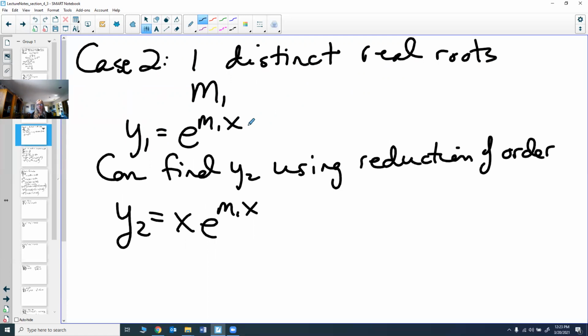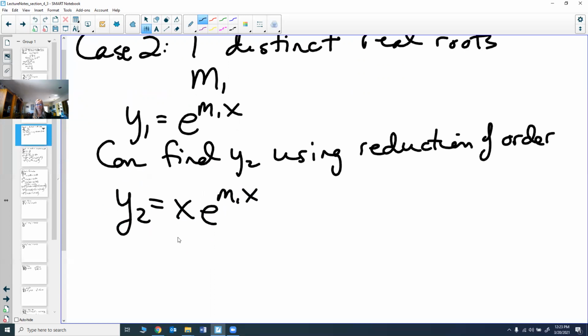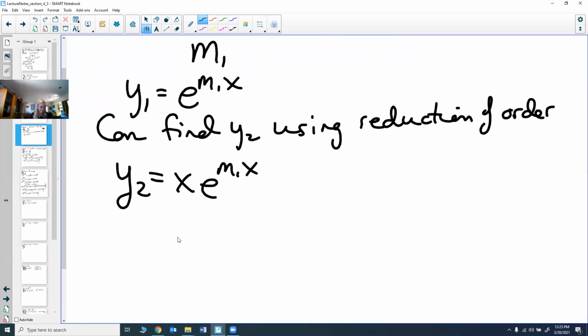So I could do that same thing we just did of finding reduction of order, of finding y2 when we know what y1 is. And when I do that, I end up with y2 is equal to x e to the m1x. I'm not going to go ahead and do that, but you can go and see how to do reduction of order and prove that that's the case. So that means we now can say